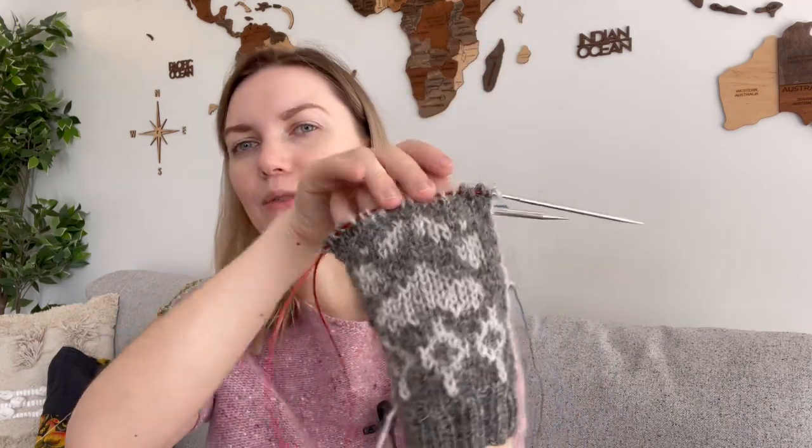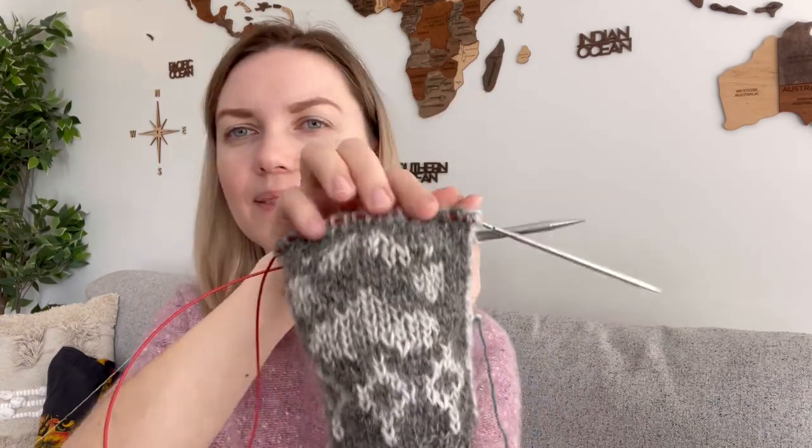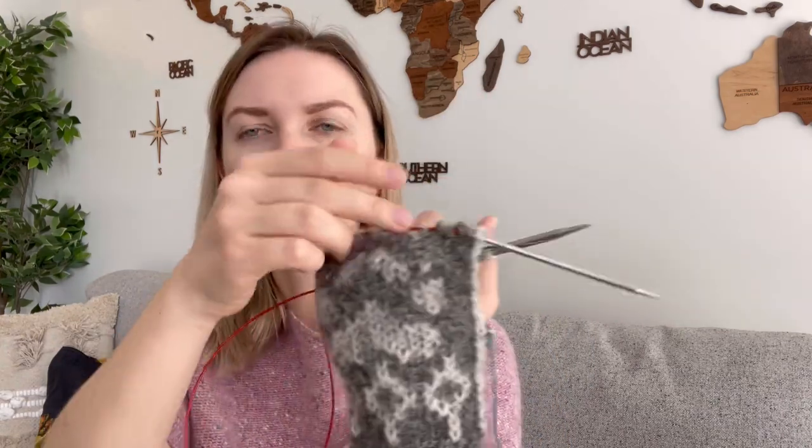And this is actually like a dog or a wolf paw. And truly to say, I did one mistake. I had to unravel a couple rows because I forgot a little nail pattern here. But it's not a big deal. And the only thing I'm wondering is